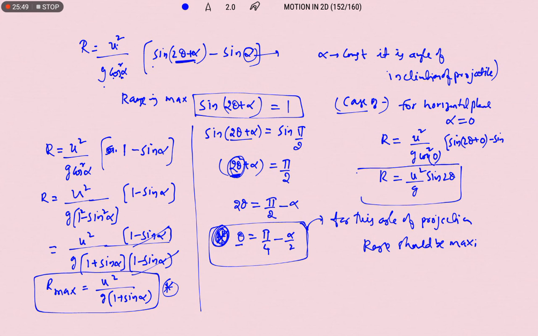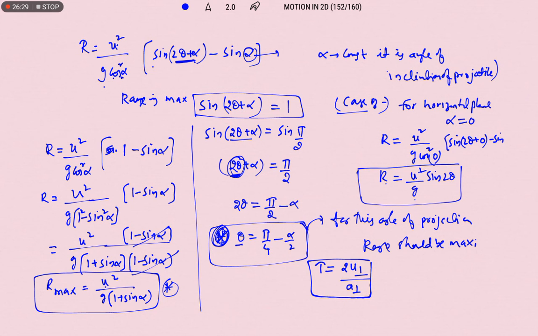If the object is projected from the ground, then its horizontal range will be R equals u square sin 2 theta by g. So here we need to analyze one important point. What is that important point? We are expressing the range in terms of u square by g times 1 plus sin alpha, and if you observe, the time of flight T equals 2u, vertical velocity, by vertical acceleration,